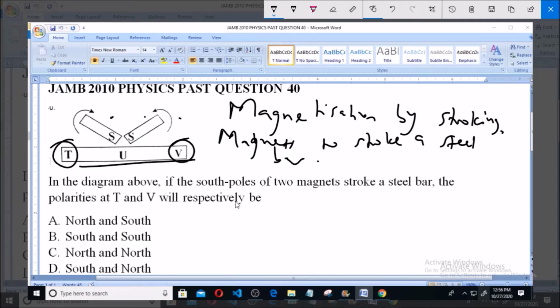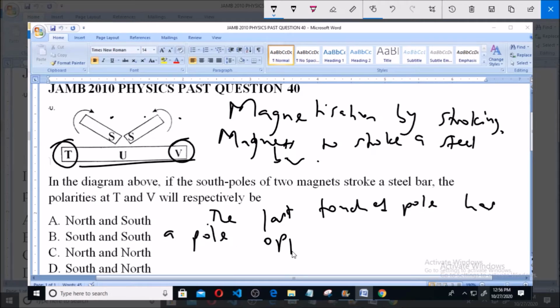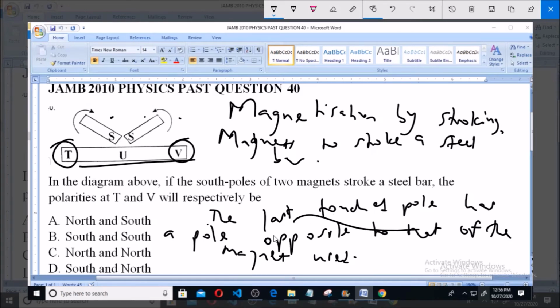T and at V? Now, in magnetization by stroking, the last touched pole has a pole opposite to that of the magnet used. This is the rule for it. So in this case, since south and south is used to touch, both poles, so that is the last touched pole, the poles at the ends will have a pole that is opposite to that of the magnet